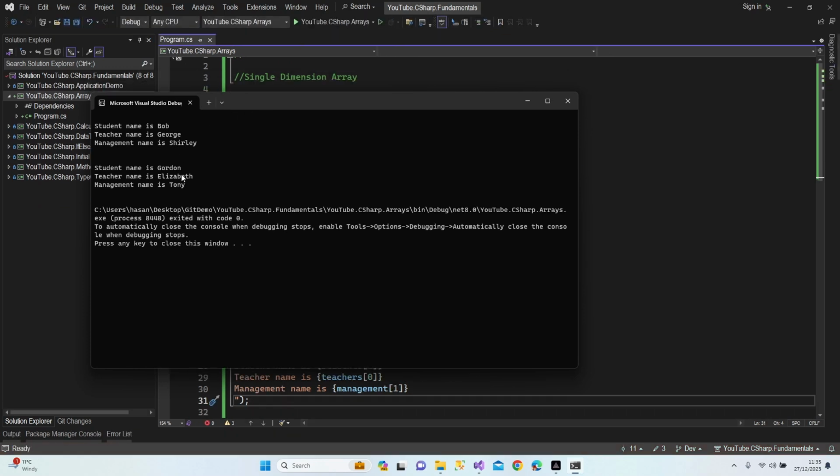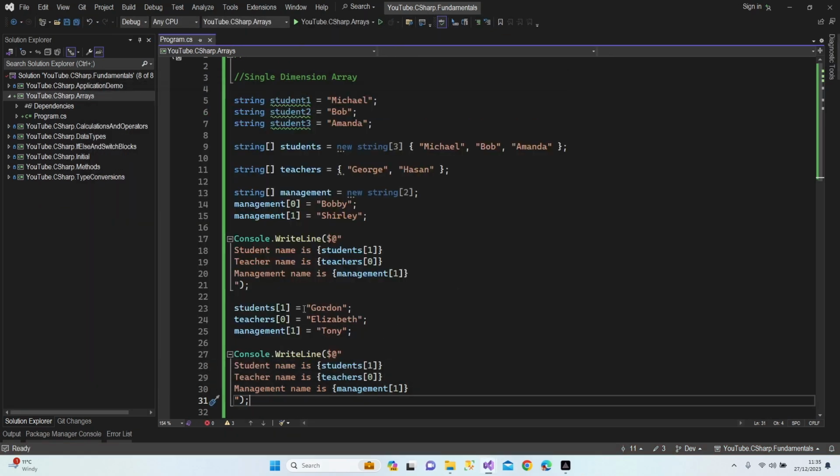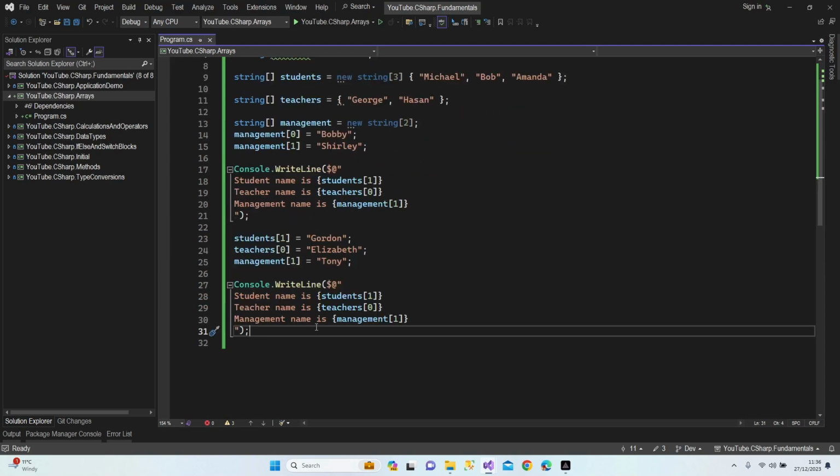As you can see, the names are changed. So we are able to change the items of our list. Okay, perfect. I assume you understand the single dimension array. Actually, I wanted to show the loops, but in this section, I didn't teach you loops yet. I'm gonna leave it like that. When it comes to the loop section, I'm going to use arrays again, and I'm gonna show you how we can print them all in just one command line. Okay, perfect. Let's continue with the